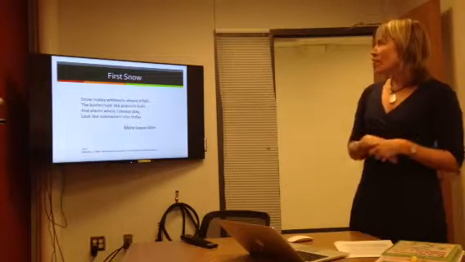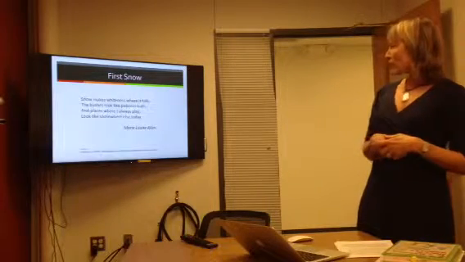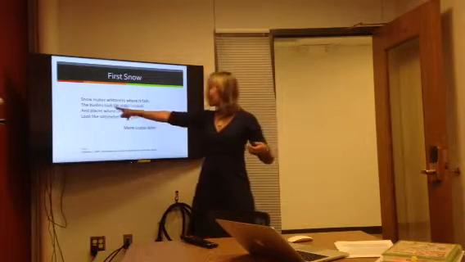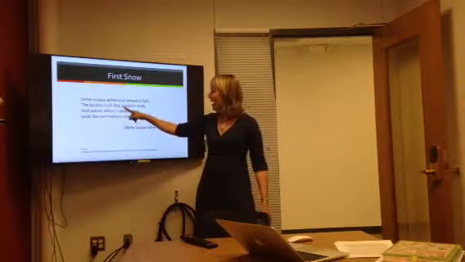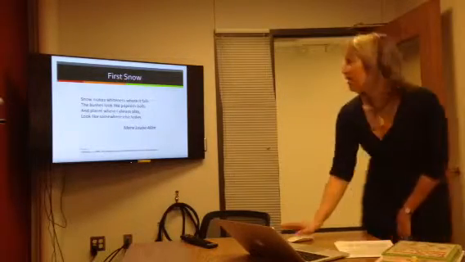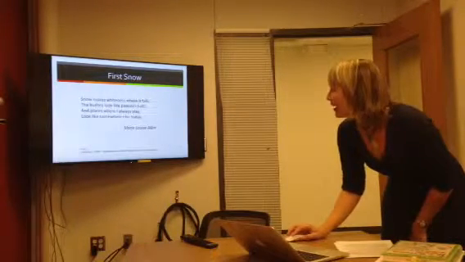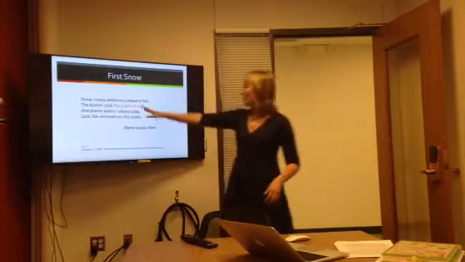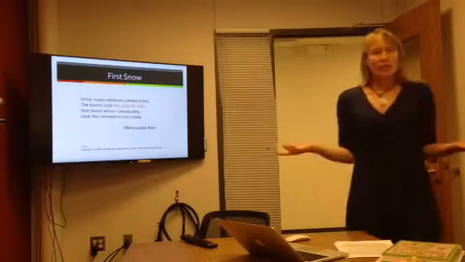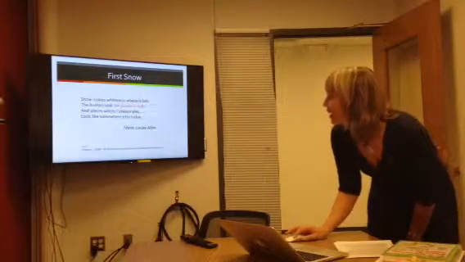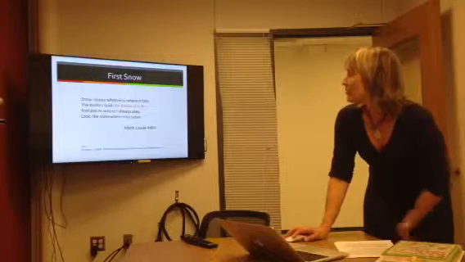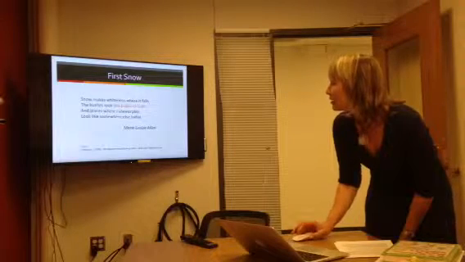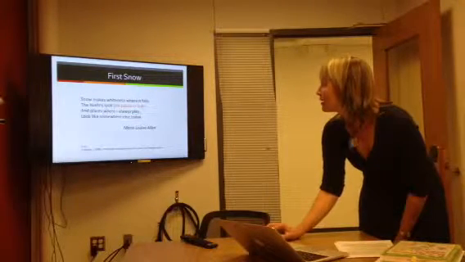So I'm going to read the first two lines. Snow makes whiteness where it falls. The bushes look like popcorn balls. And that's it. I can tell where my simile is. Kaylee told us you look for like or as and a comparison. So my simile, I'm going to identify it. I already have it done for us. Like popcorn balls is our simile, so now that's in orange. And then our simile has to have a comparison word, and I know that the popcorn balls are like the bushes, so that is our comparison.